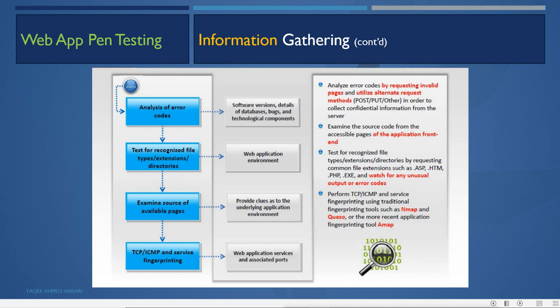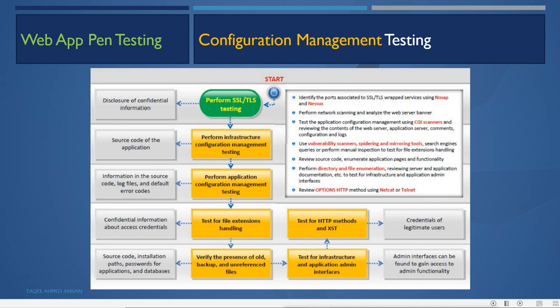Then analysis of error codes, test for recognized file types and extension directories, examine the source of available pages, TCP, ICMP and service fingerprinting. Then perform SSL/TLS testing.